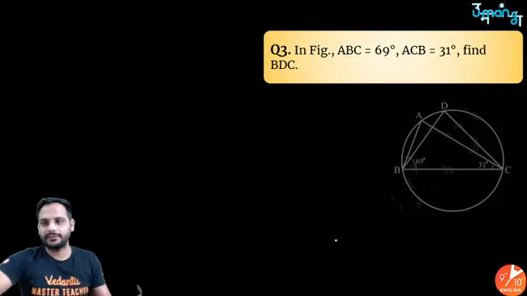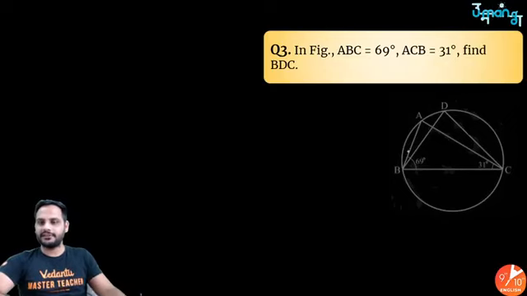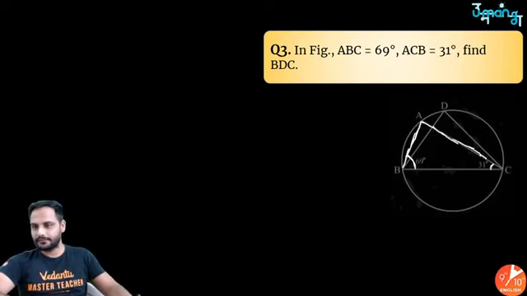Okay, next question. In this triangle, ABC is 69 degrees. Okay, ABC, this complete angle is 69 degrees. ACB, this angle is 31 degrees. Find angle BDC. So tell me one thing, brother, I know in triangle ABC, in triangle ABC I know two angles,